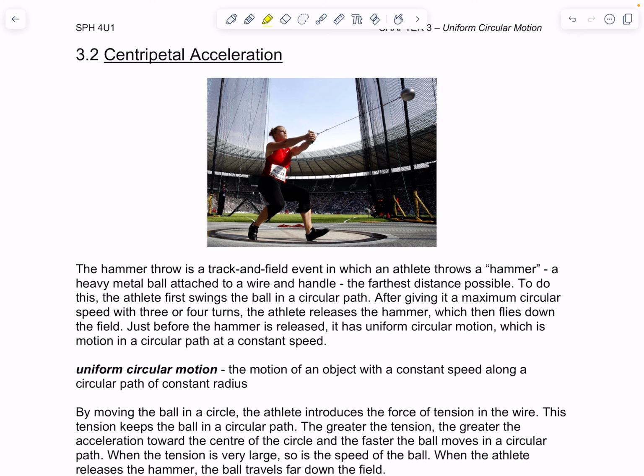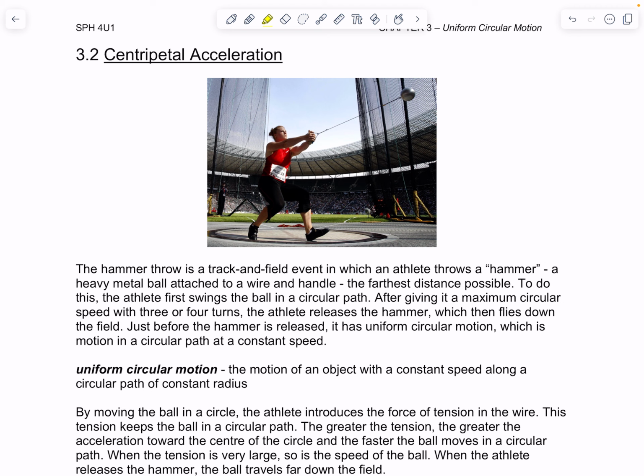3.2 Centripetal Acceleration. The hammer throw is a track and field event in which an athlete throws a hammer, a heavy metal ball attached to a wire and a handle, to the farthest distance possible. To do this, the athlete first swings the ball in a circular path. After giving it a maximum circular speed with 3 or 4 turns, the athlete releases the hammer, which then flies